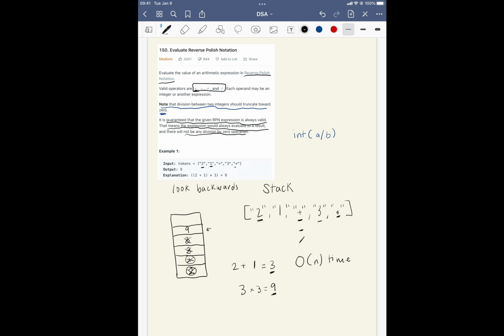So we're going to be looking at every single number, so that's going to be O of n time, and we're going to also have O of n space, because we could be putting